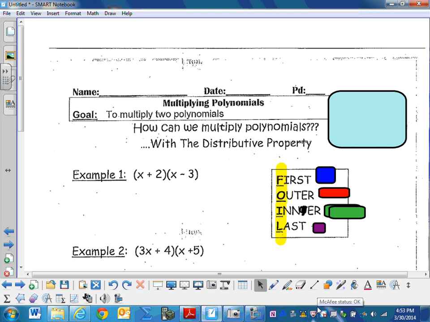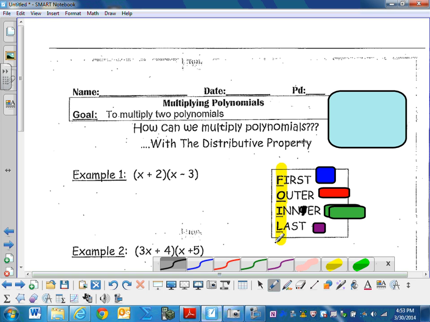Multiplying polynomials. Today, our goal is to multiply two polynomials. And we're going to be doing that with the distributive property and using the acronym FOIL, first, outer, inner, last. So to begin with, if I just have a term,